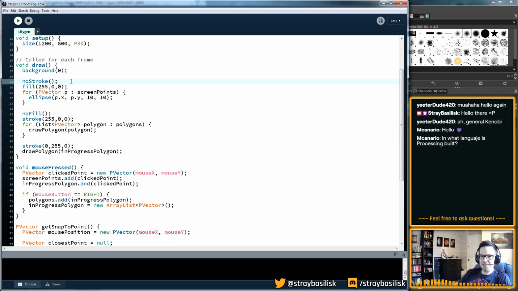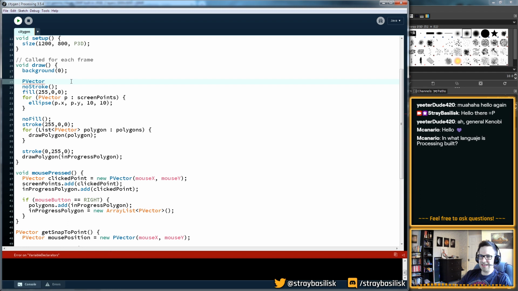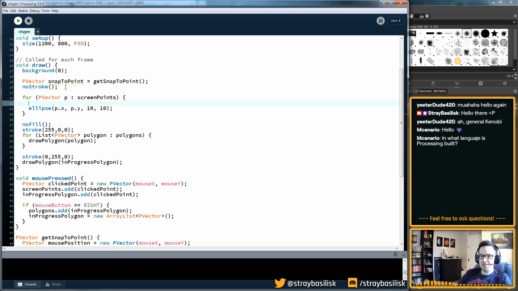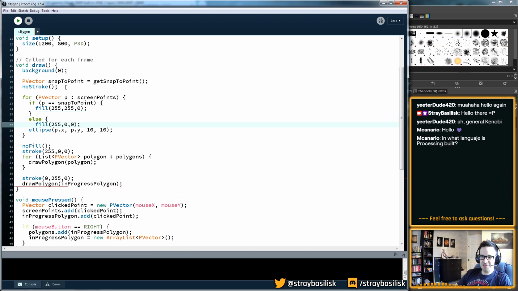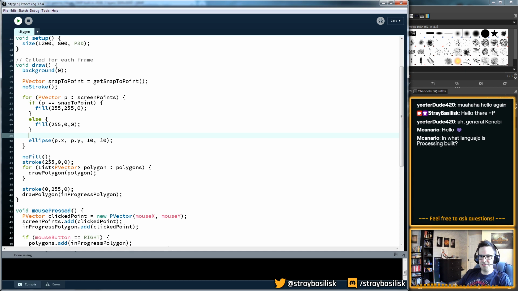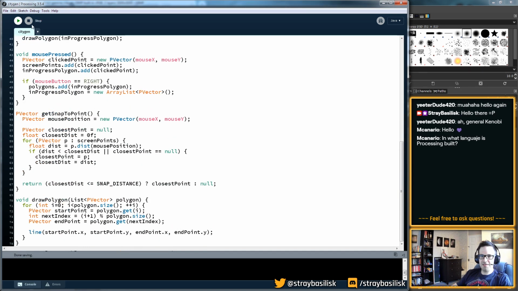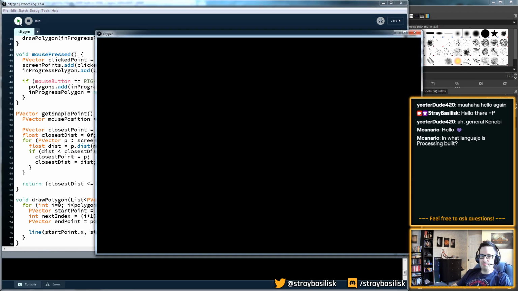I think what I also want to do is highlight that so we know when we're going to snap. And then I think I'm going to say if this is that snap to point, then we're going to do it in one color. Otherwise, I'm going to do it in this color. So what that should hopefully do is that if I place down points, we can see when I'm close enough, it now starts to snap. So I can create something here, and now hopefully I can create a polygon which is exactly, okay, it's not actually doing the snapping when I create the shape, but